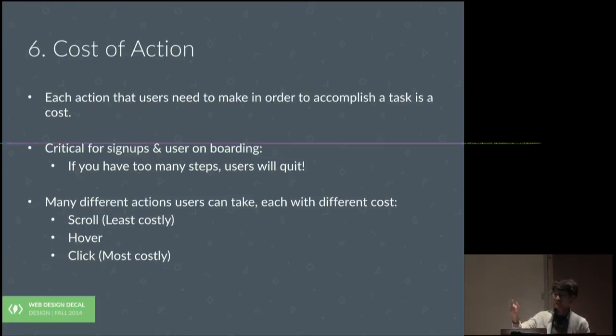Hover, the user does not even have to exert a force. You can just place your pointer over it, and it's going to work. And click is the most costly because the user must first move the pointer to that button and actually click on it, actually exert a force. And as trivial as it sounds, a lot of people are lazy, and this really makes a difference when it comes to designing a good user experience.